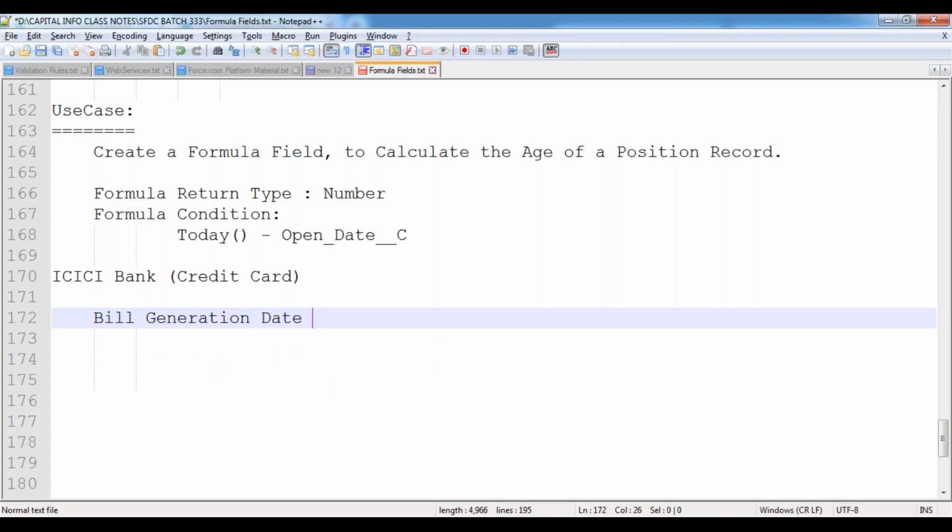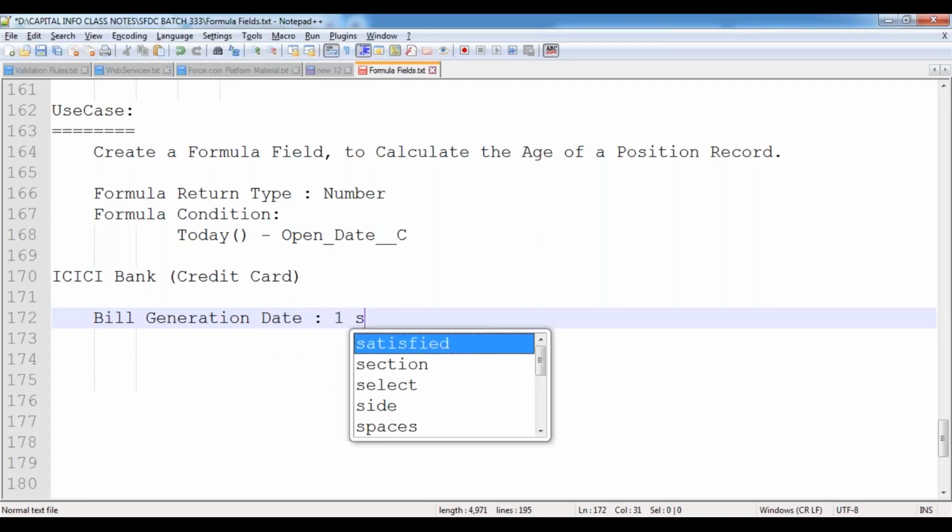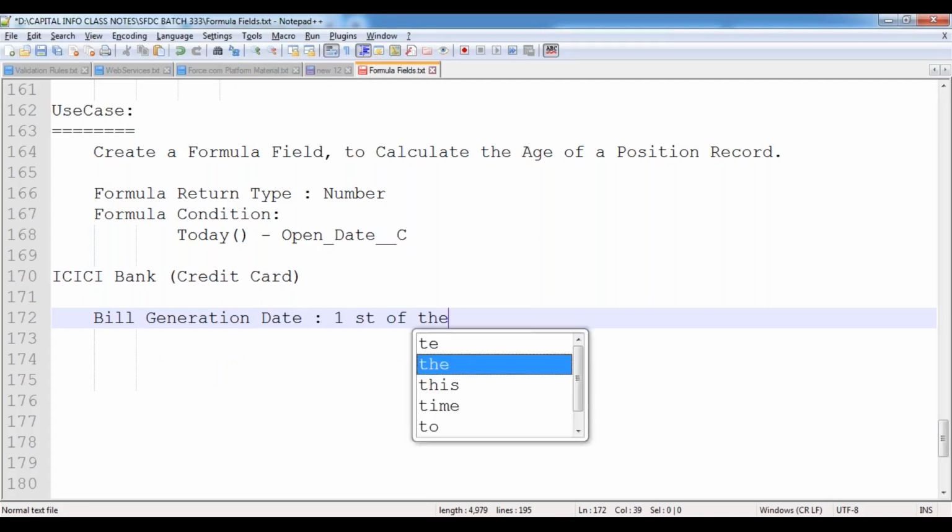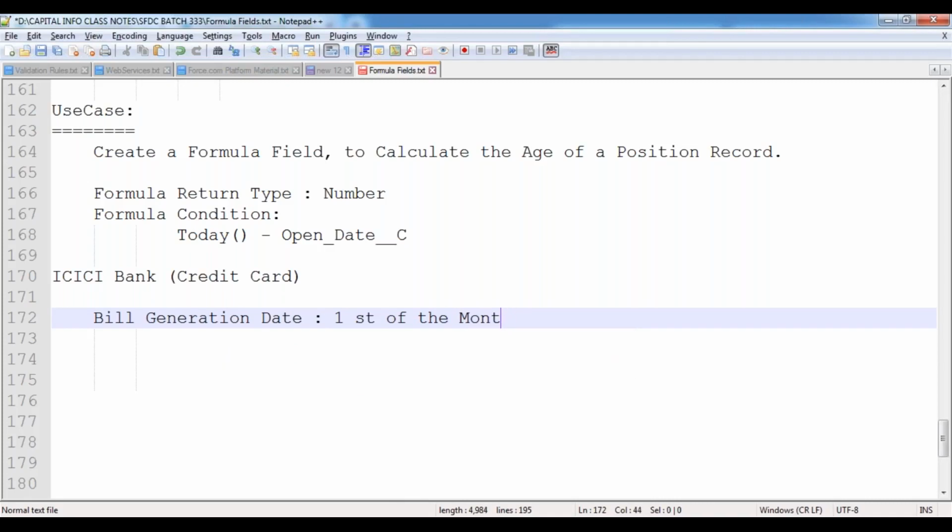The bill generation date is the first of every month. That means on the first of every month they generate my bill. In the last 30 days, what are the various transactions I had with this credit card, what products I purchased online using this credit card. Based on those details, they prepare my credit card bill.